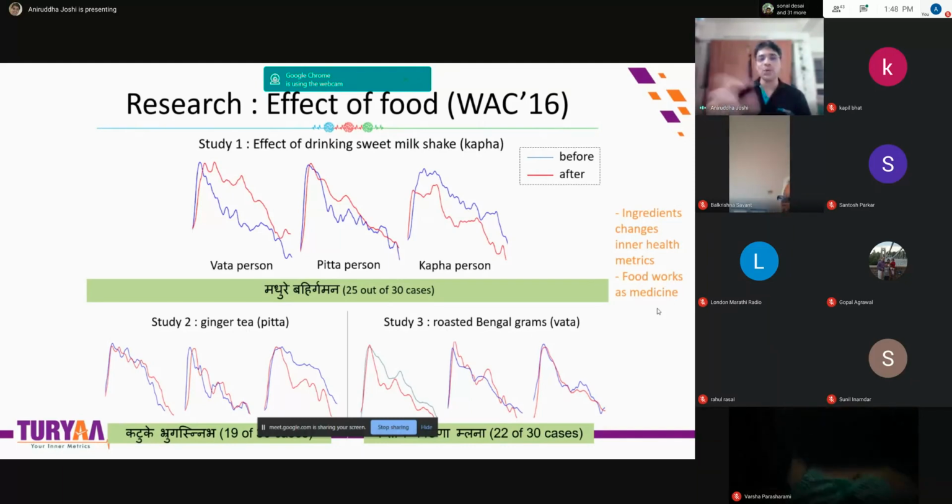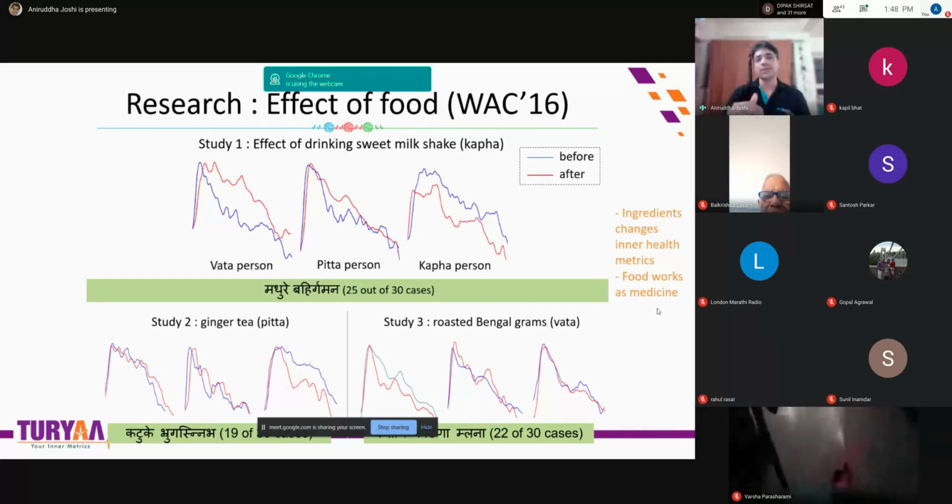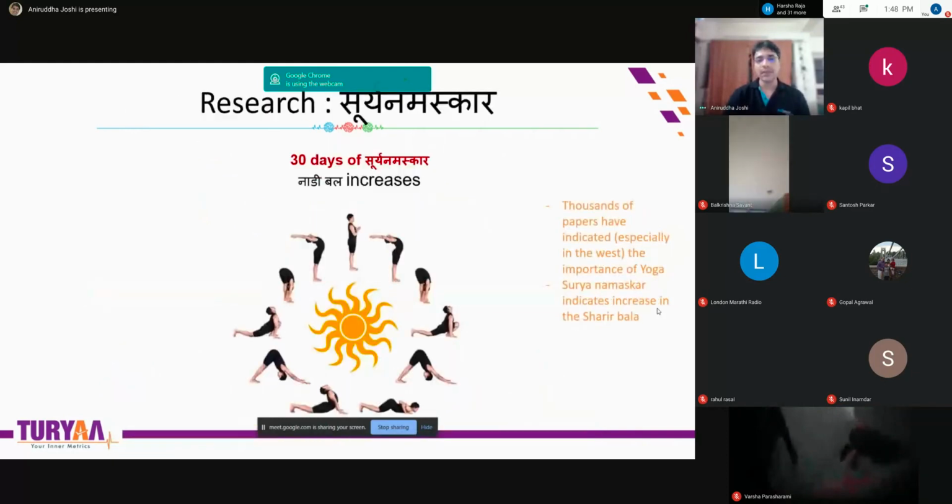This pre-post comparison can show that there is a change happening internally in us, in the Nadi. If my blue line is so-and-so, and if I eat so-and-so, my Nadi might become the red. If I want that, I will have that food. If I want to avoid that, I will not have that food, and so on. So there are so many rules which define in which season, for which people, what to have and what not to have.